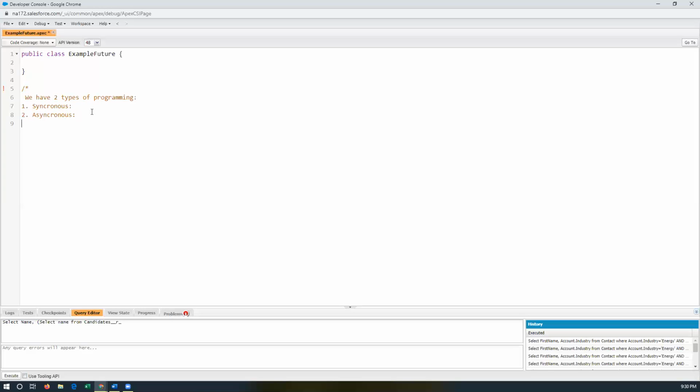No. So generally, in layman language, we use asynchronous programming when we need to execute large data, which is not possible in synchronous programming. For example, in a SOQL we can fetch